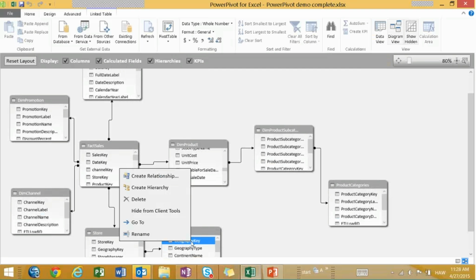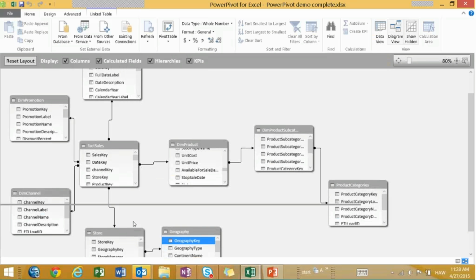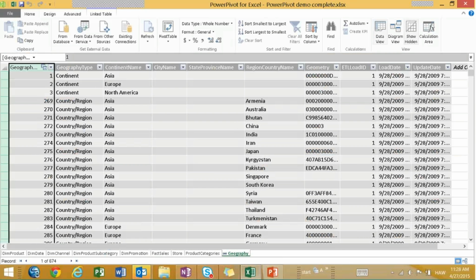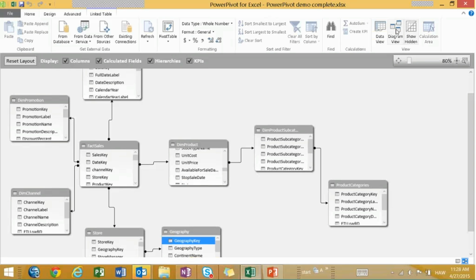Is this really what I want to create this relationship with? Well, you can go to it, and it brings you right back to the data view, to that table, to that column on that tab. So just in case you wanted to make sure, this is a great way to check it, and now we can go back and yes, this is what we want to do. Now,